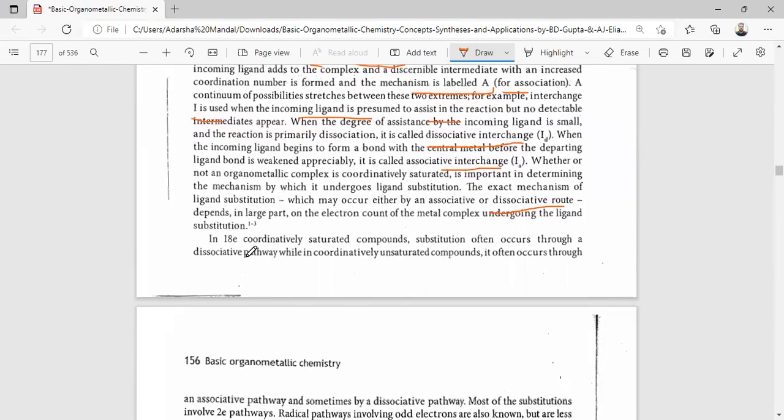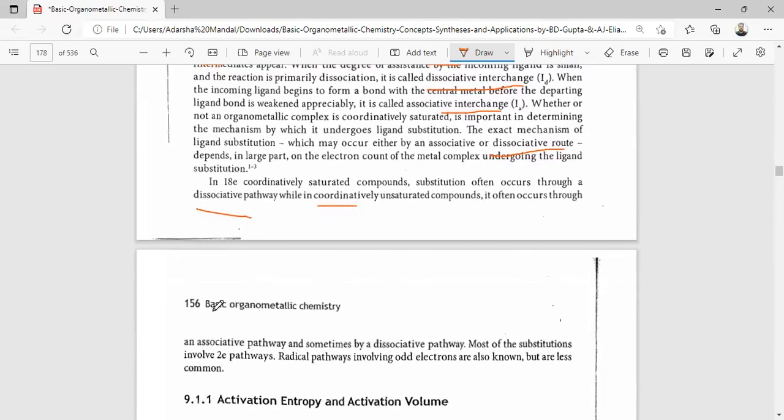In 18 electron coordinately saturated compounds, substitution often occurs through a dissociative pathway, while a coordinately unsaturated compound often occurs through an associative pathway. So sometimes few dissociation pathways. Most substitutions involve two-electron pathways; radical pathways involving odd electrons are also known, but are less